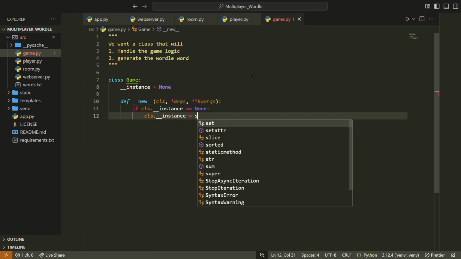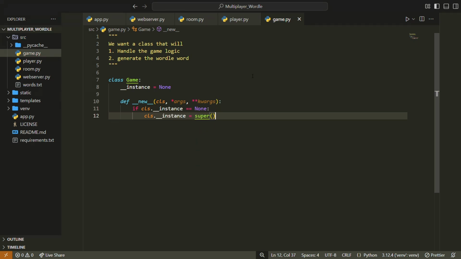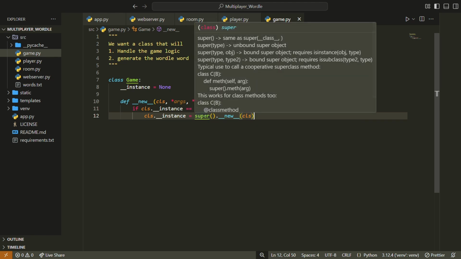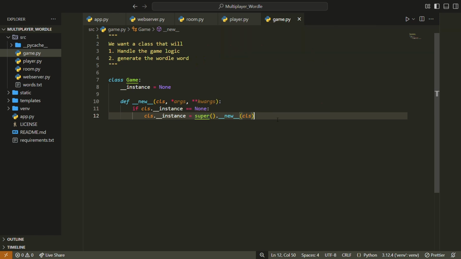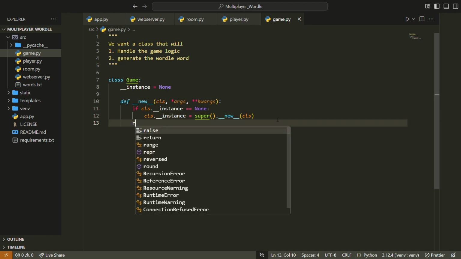We will set it equal to an instance of the class by calling the new method of the super object. In Python, every class that we define is derived from an object class. So by calling the super's new method, we can create an object. Finally, we will return this object